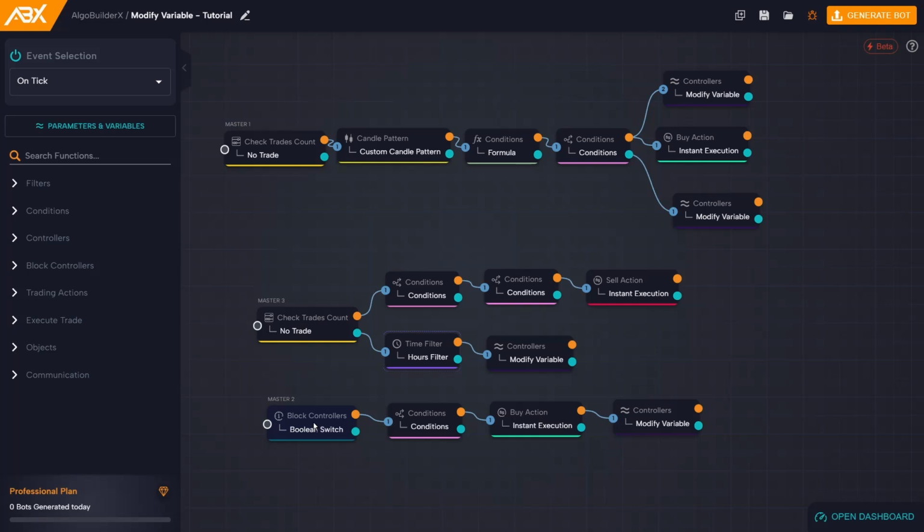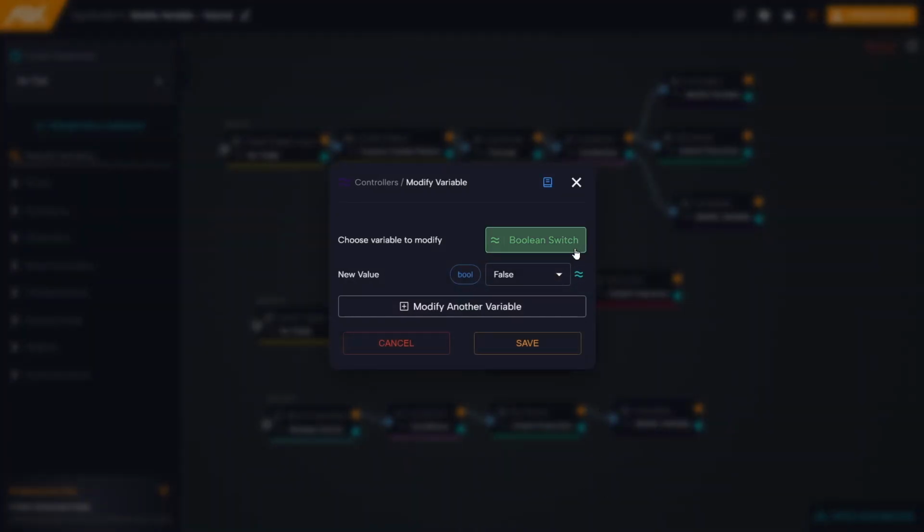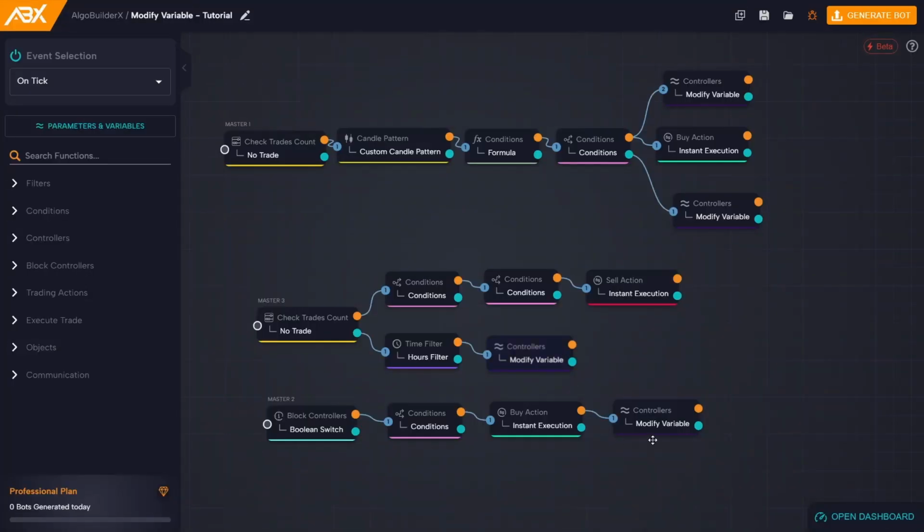And if the condition is true, it will open the buy trade. And as we saw earlier, after the trade is opened, the variable of the Boolean switch will be reset to false, because otherwise, the Boolean switch block will remain forever on the true value. To summarize the operation of this example, if a sell trade is ongoing, and it's 8 o'clock, the variable of the Boolean switch will be changed from false to true, opening a new buy trade, and then resetting the variable